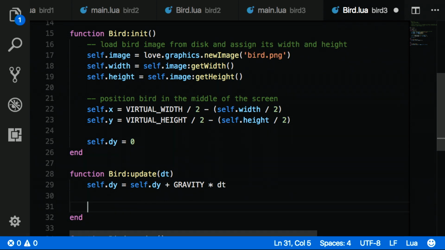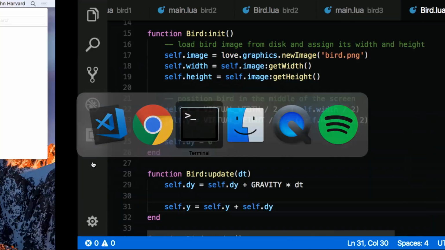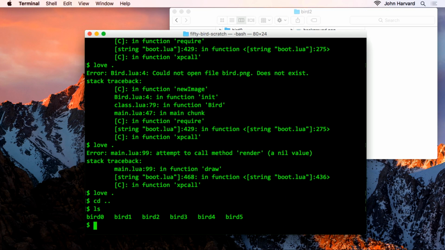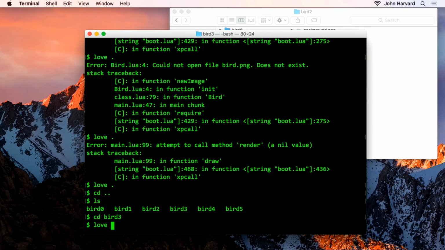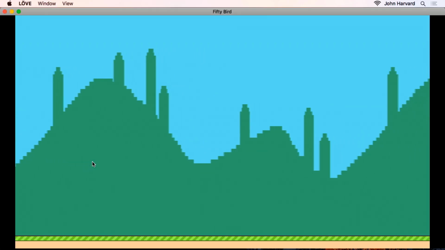And then we're going to go ahead. We have a velocity, but it's not actually changing our y value. The y value is what ultimately moves us on the screen, so we need to apply our new delta y to our y. So we're going to go ahead and just do that. Self.y gets self.y plus self.dy. And so if I go back into bird 3, assuming I saved everything, we should just fall straight to the bottom of the screen, which we do. Not terribly useful,